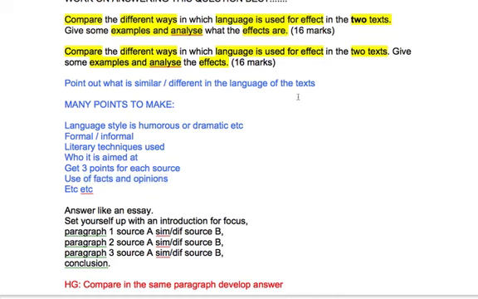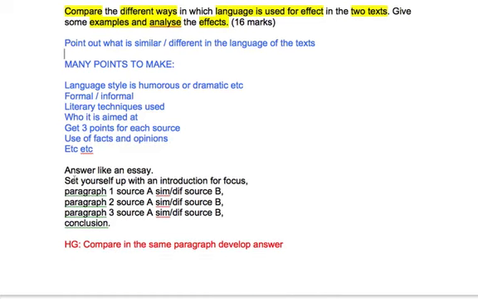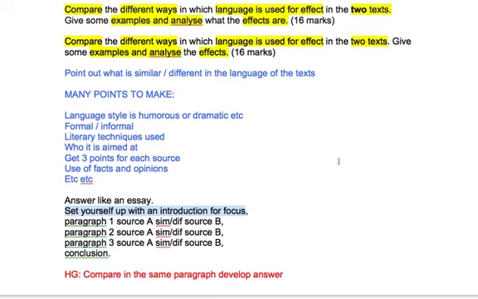So in setting up then, like an essay, you set yourself up with an introduction for focus. So say text 1 uses blah blah blah. Similarly, text 2 uses blah blah, but it also uses blah, and that's your whole introduction. And that focuses you. The examiner looks at it, knows exactly what you're going to talk about, and then in